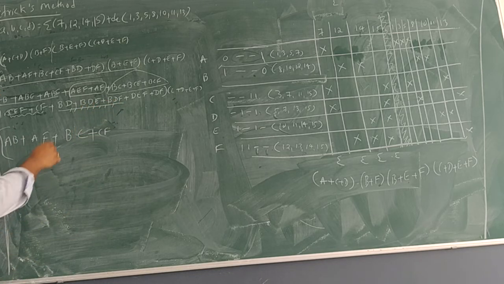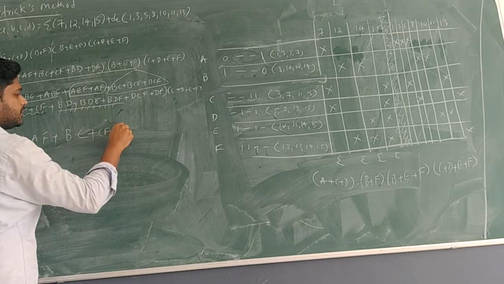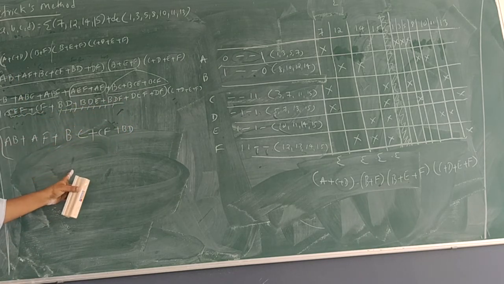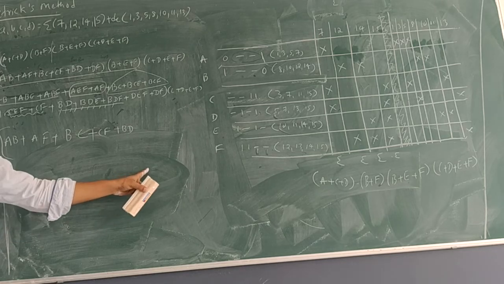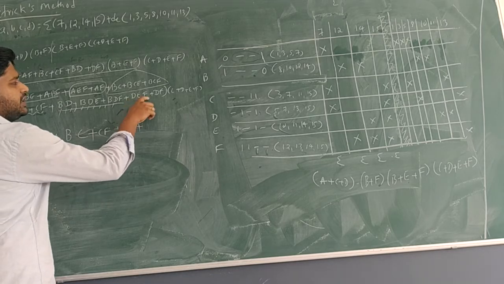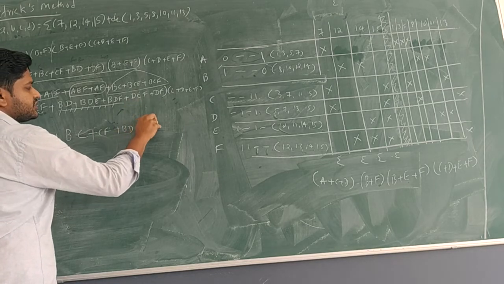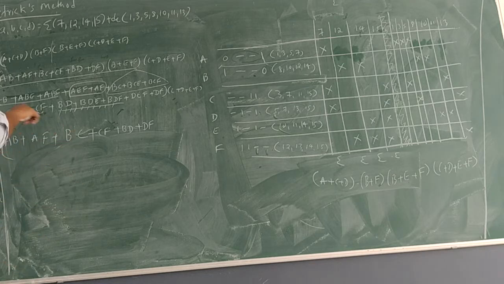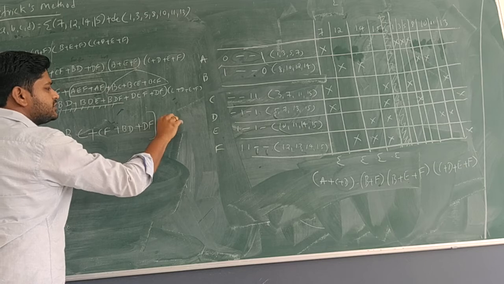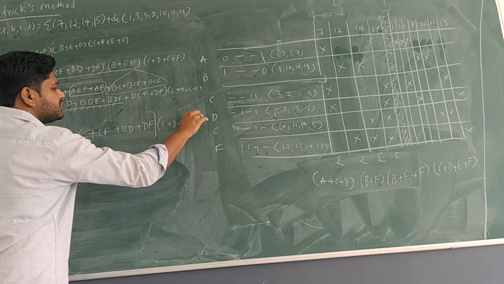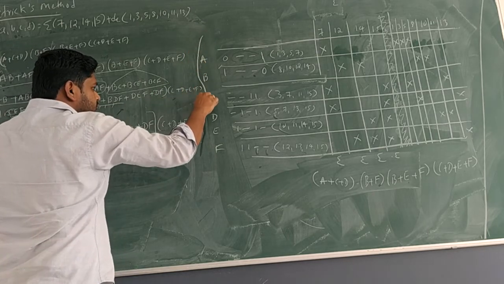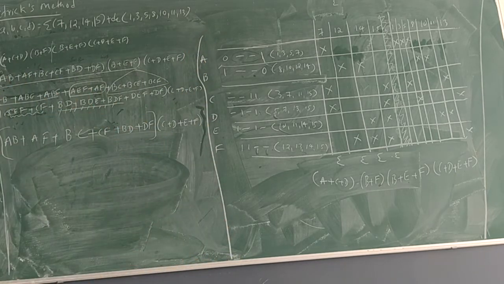What is the definite result? BD plus BDE plus BDF. We take BD common in the bracket, 1 plus E plus F, which will give us 1. BD into 1 is BD. So last, DEF plus DF, so what is the result? DF. See, this all simplified into small terms like this. Into the bracket, don't forget C plus D plus E plus F.